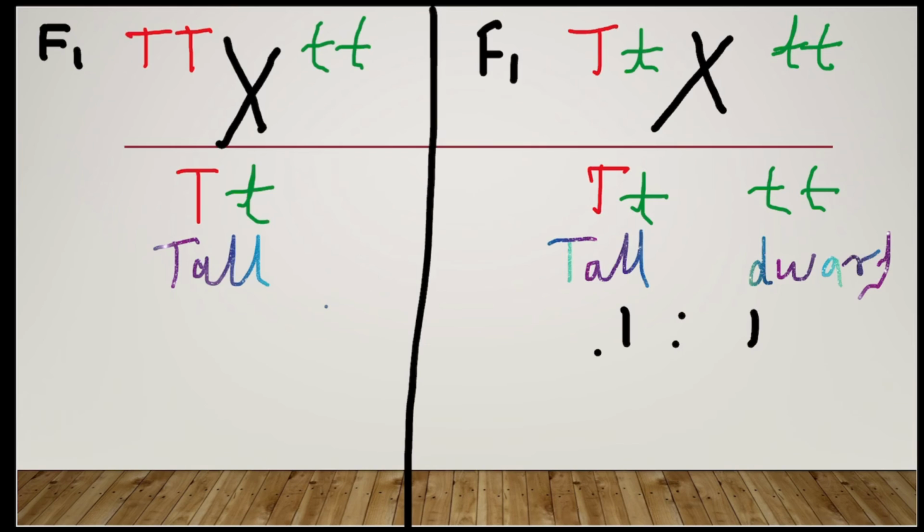And when the F1 plant is heterozygous and we cross it with the recessive parent, we will find tall and dwarf in a 1:1 ratio. We will find both characters, tall and dwarf, dominant and recessive, in a 1:1 ratio. Then we can say the F1 plant we were using in our experiment was heterozygous. That's why we are having plants which have both dominant and recessive varieties in a 1:1 ratio.